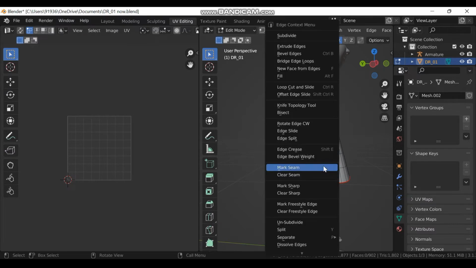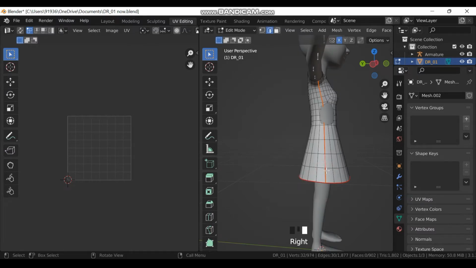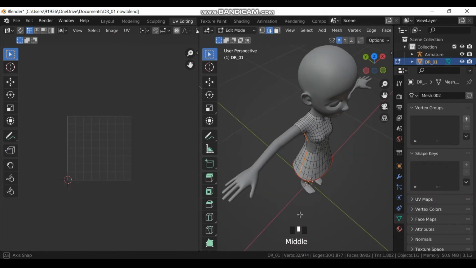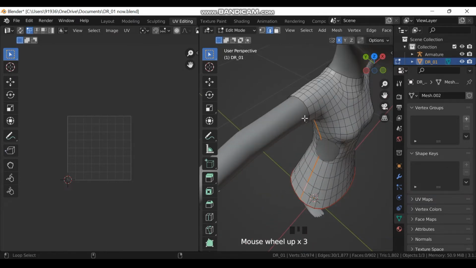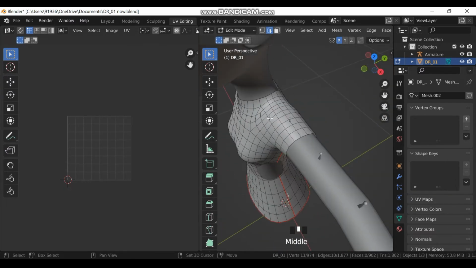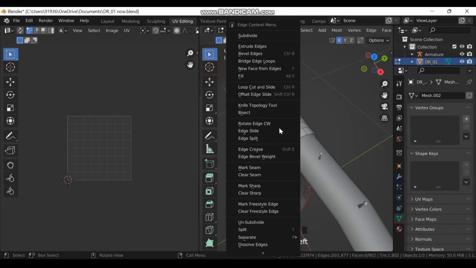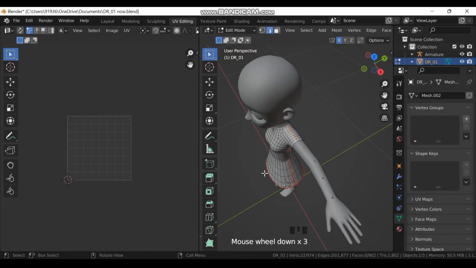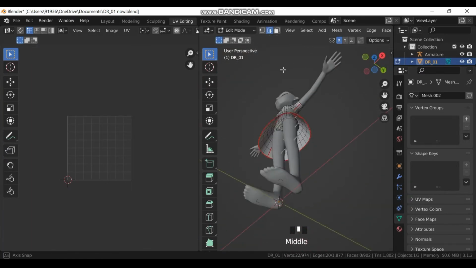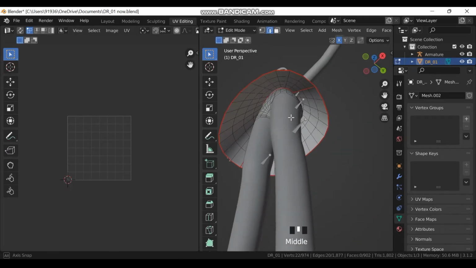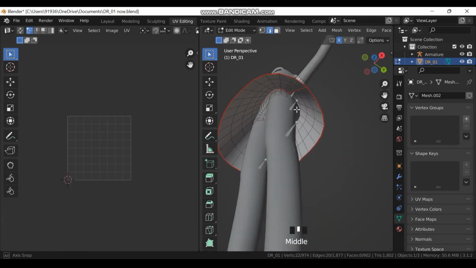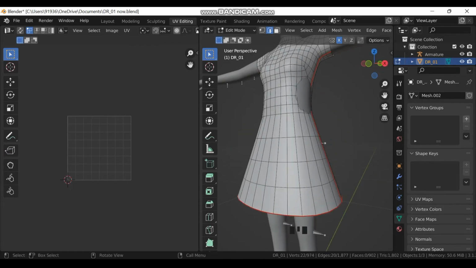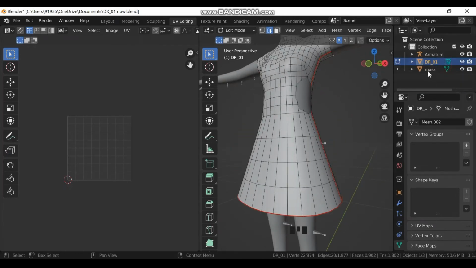After that you need to mark seam, so it is cutting. This cutting helps you to divide your clothes, where it will be easy for you to give the image textures. So mark seam. After that, you also have to do this to your inner, but I don't think I'm going to do this. So yeah,